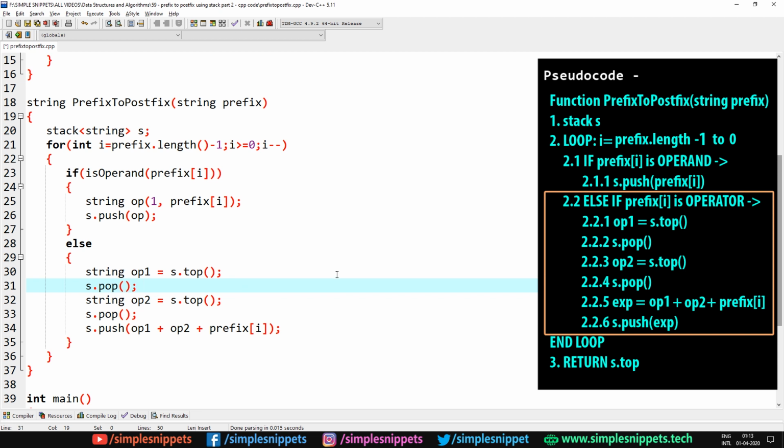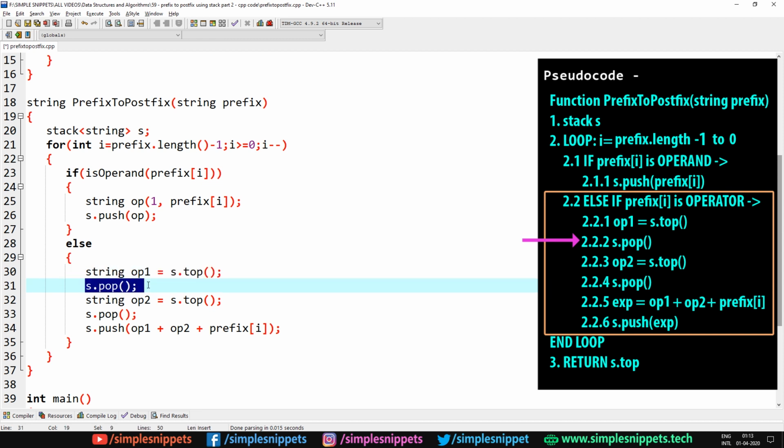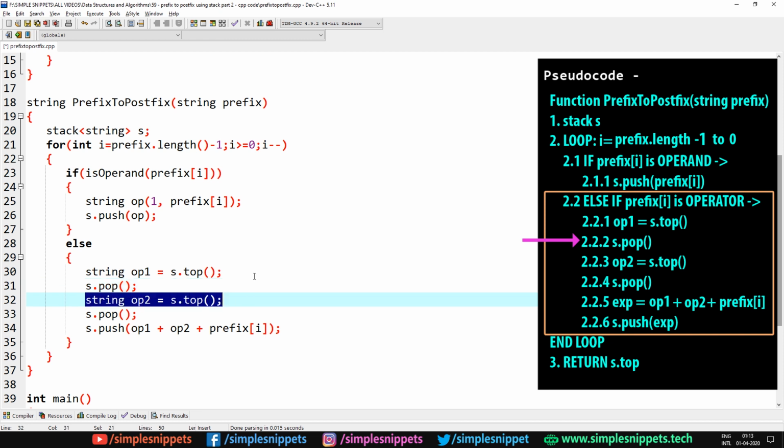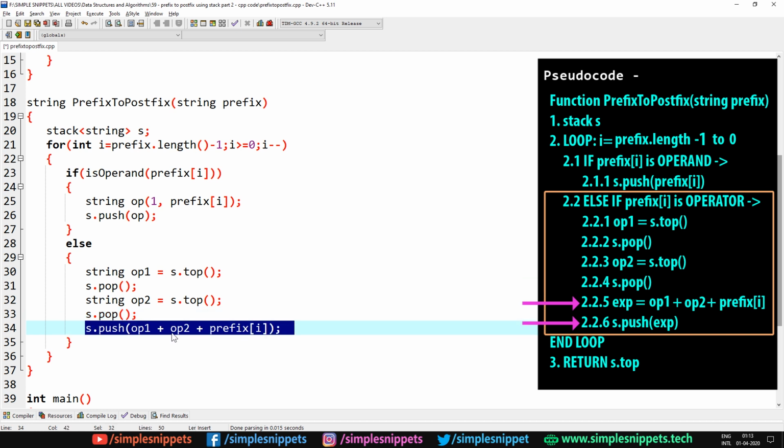In pseudocode, step number 2.2.1 says create op1 and say top of the stack. So this is how you do that. Then you pop that out at 2.2.2, so s.pop. Then create string op2, that is operand 2, again s.top, and then you pop it out. Now step number 2.2.5 and 2.2.6 can be combined in one single step in the code. You create this expression, op1 plus op2 plus prefix of I, and then you directly push it onto the stack